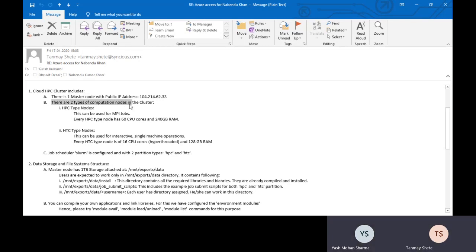On the computation machines you can run the things, and then you can get the results. So this is the way it works.